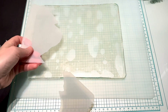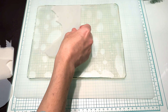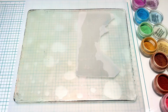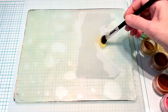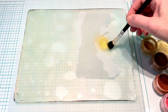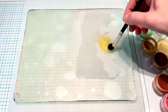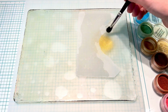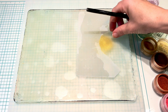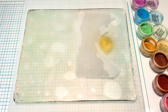So for this print, I'm going to start with this little valley edger. And you can see in the Gelli Plate, it's actually suctioning the stencil to it. So that'll keep it so that the perfect pearls don't really get underneath it as much. So then when I'm doing this, I'm making like a little sun in the center here. It just kind of lended itself to that, and I'm going to make a little sky background for this top